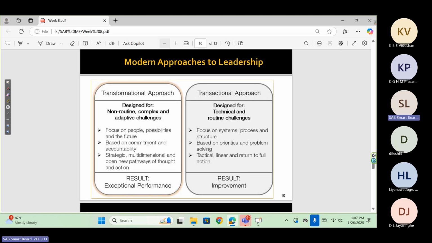Right. Another similarity is that both leaders try to make changes to move the organization from the current status to the future status. That is another common feature. But transactional leaders try to make process-oriented, structure-oriented or system-oriented changes only. Transformational leaders try to go beyond that. They try to make behavioral changes or strategic changes, to find new pathways for the organization and for the industry as well.